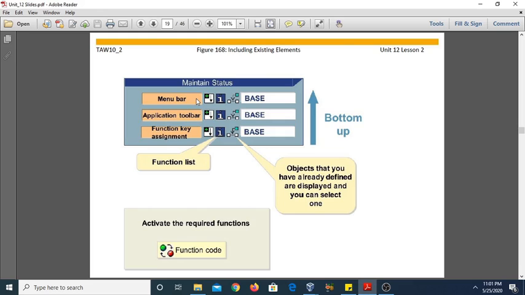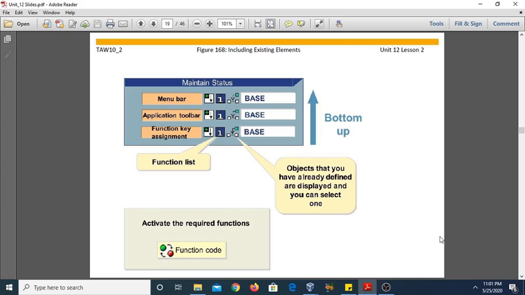Generally all the functions are inactive at the beginning of the program, and you need to activate only those functions that are required in the current status. So it always goes from bottom up. That means firstly we need to assign the function key assignment, then application toolbar, then we need to assign the menu bar, and finally we need to activate the required functions.